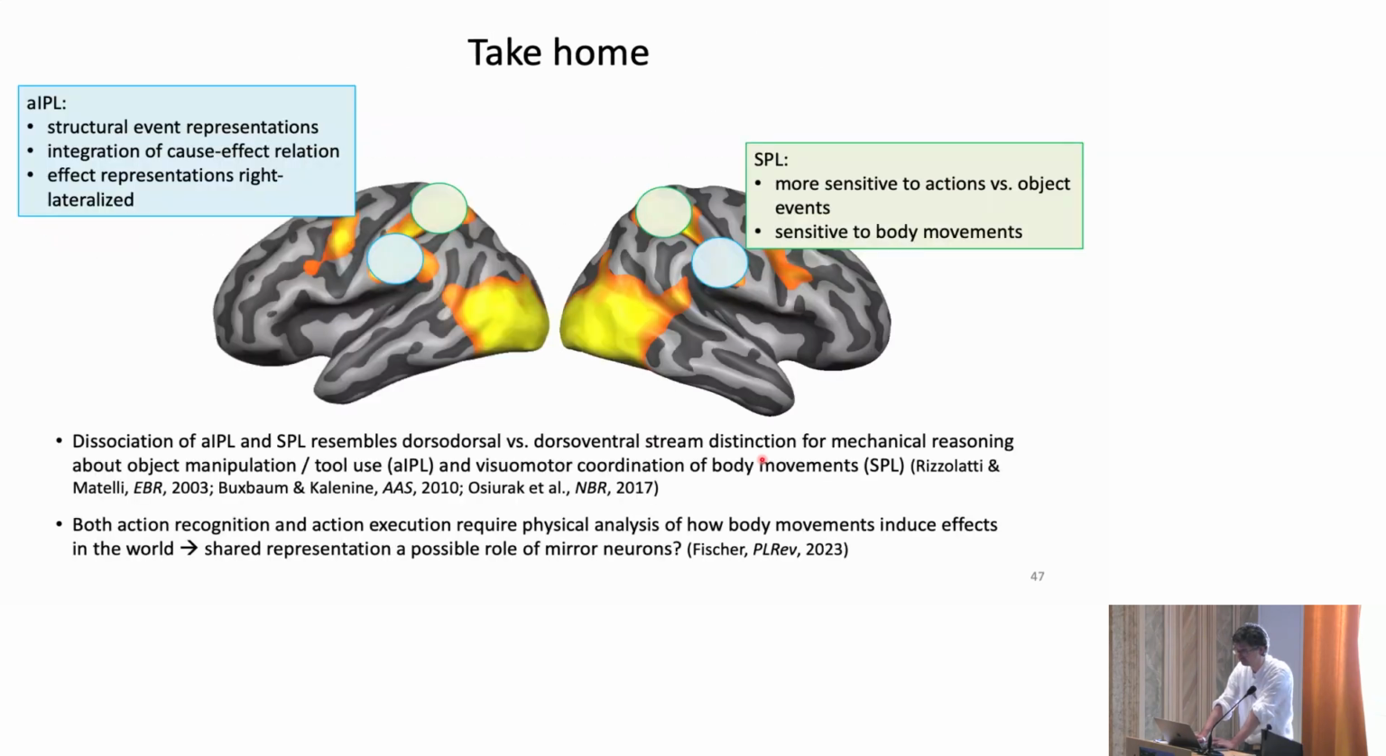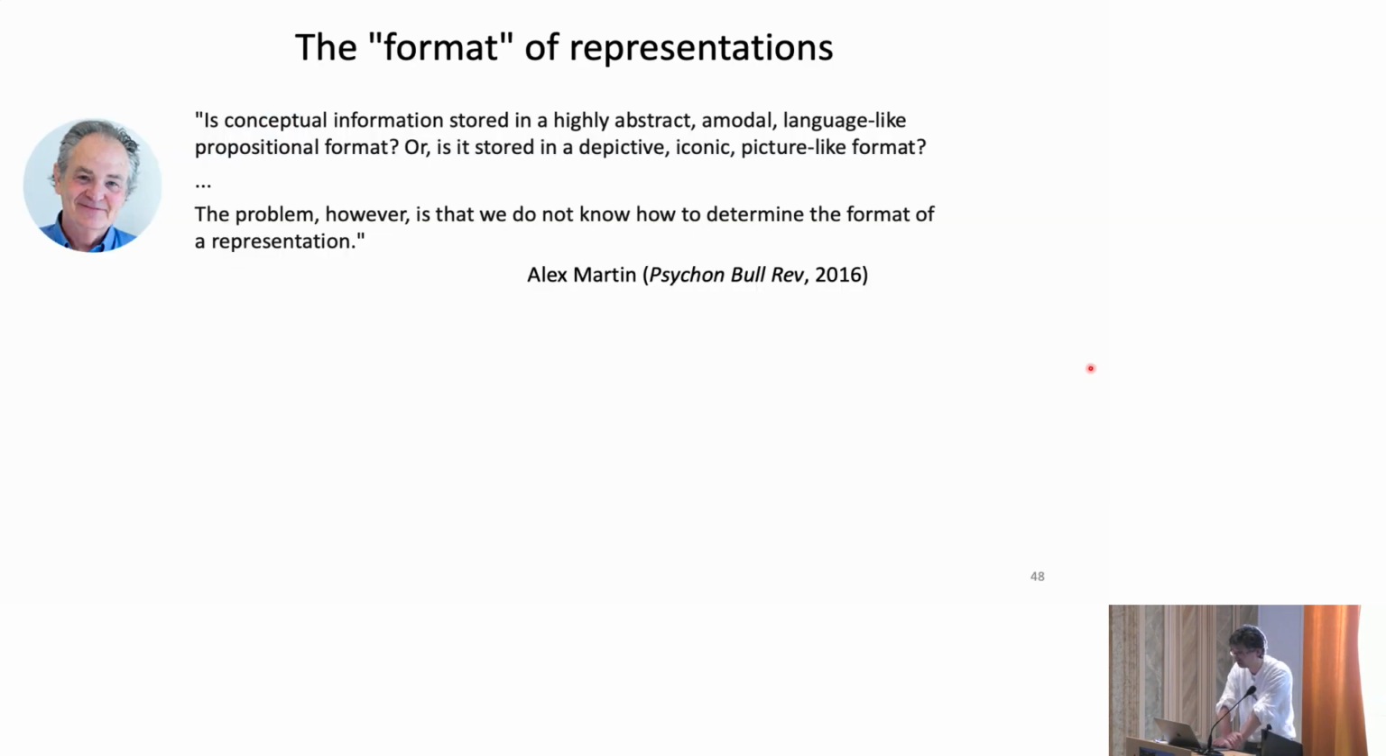So, as recently proposed by Jason Fisher, this shared neural process actually offers an interesting novel interpretation for the function of mirror neurons. Okay, so I would like to end with a more general thought on the question whether it is actually possible